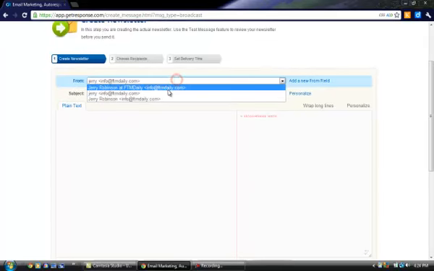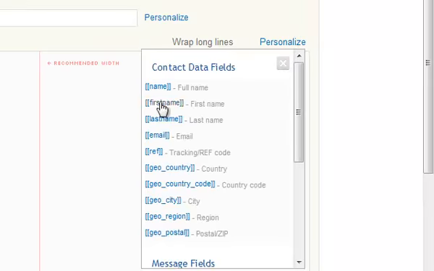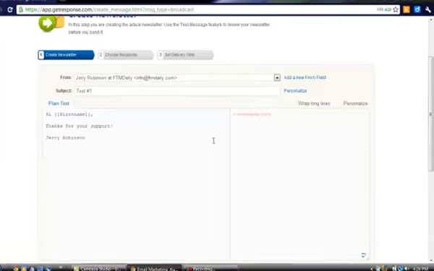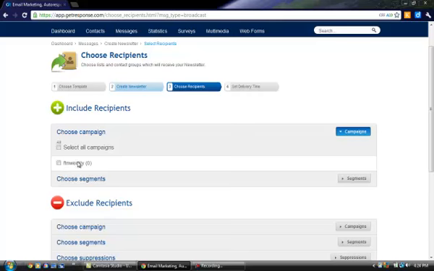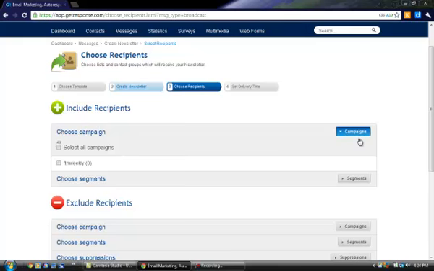And we'll switch this to Jerry at FTM Daily, test, and then here we go, hi, and we'll use the first name, comma, thanks for your support, Jerry Robinson. Okay, so now we click all these, and then we hit next step. Now we're going to select the recipients. Let's see here now. Let's go ahead and go to